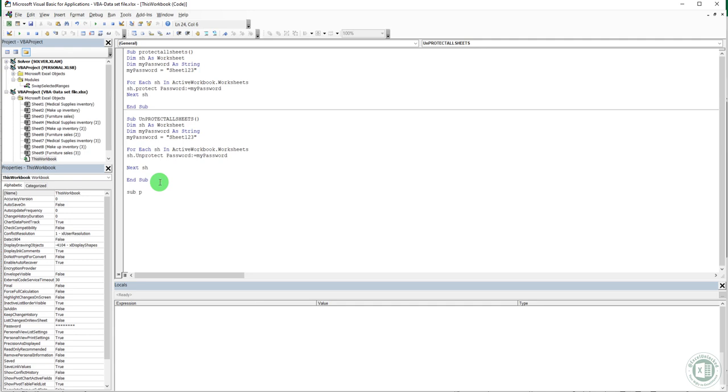I'm gonna write a code to protect the workbook. So this code should be simple: active workbook dot protect password.